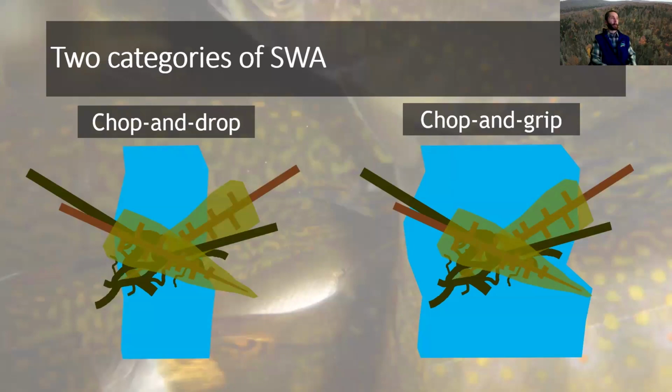And I just want to briefly talk about strategic wood addition, because that's the one I have the most experience with, to give you a sense for what that is. And I think of it in two categories. One is on smaller streams we call chop and drop, because on a small stream with trees that are large relative to the channel, you can drop those trees in and they're not going to move very far, assuming you have trees on the stream bank. Big tree, small stream, they can't really move very far.